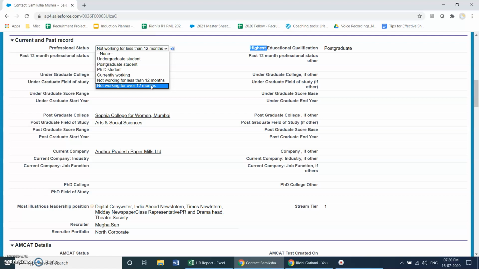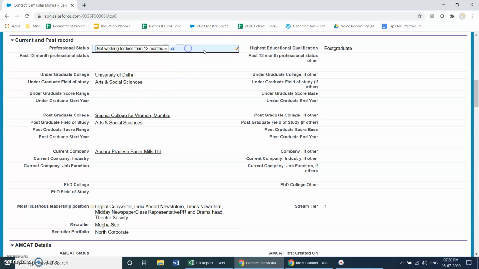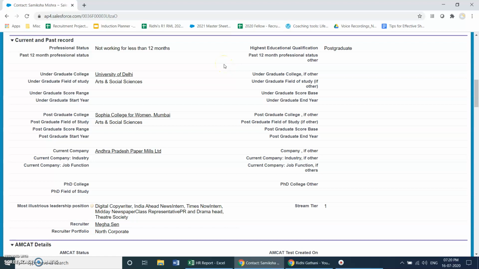People who have absolutely no professional experience and are also not students right now will have a seventh option called no professional experience. This helps you understand, one, the background that they are coming in with. It really helps us identify what concerns and motivations they could have. Secondly, it helps you understand what time of the day you should call them. For example, someone who's a student would be unavailable in the first half of the day, and someone who is working would only be available after say 6 or 7 o'clock. So these are some things that the professional status helps you understand.